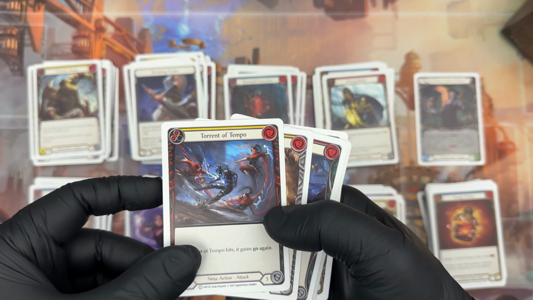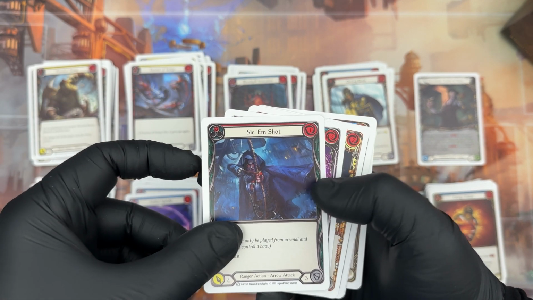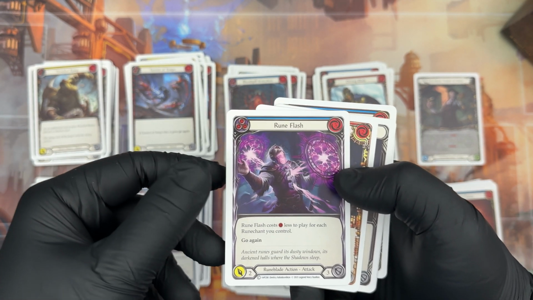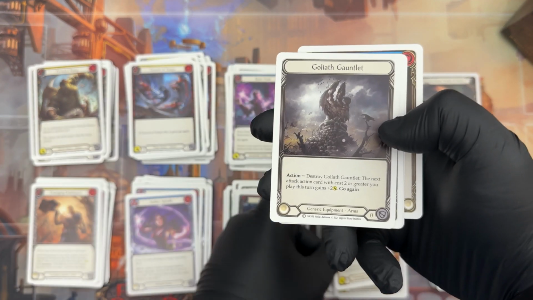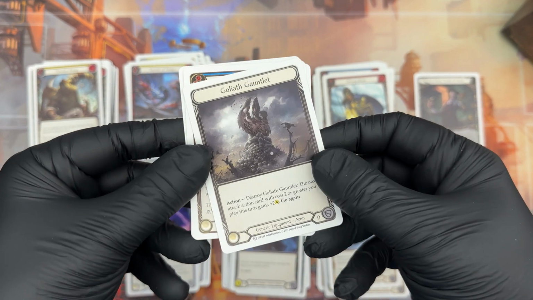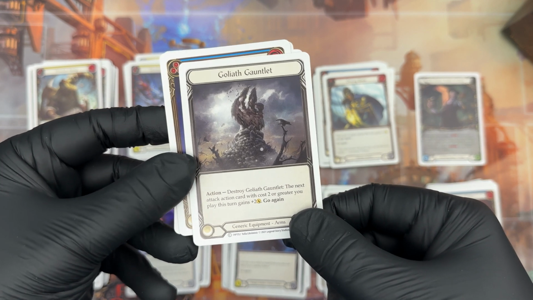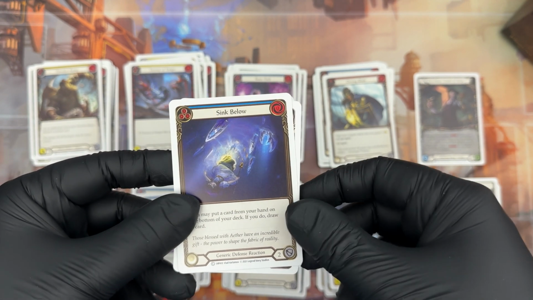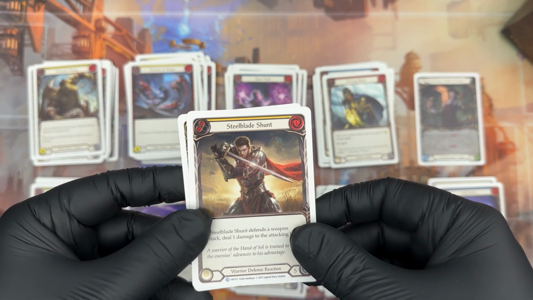Brute, Torrent of Tempo, Emerging Dominance, Sigil of Solace, Rune Flash, Throttle, Goliath Gauntlet, generic equipment. Then destroy the next attack action card with cost 2 or greater you play this turn, gains +2 attack. Go again. Sink Below, Steelblade Shunt,